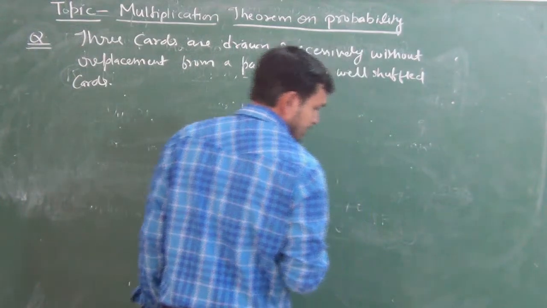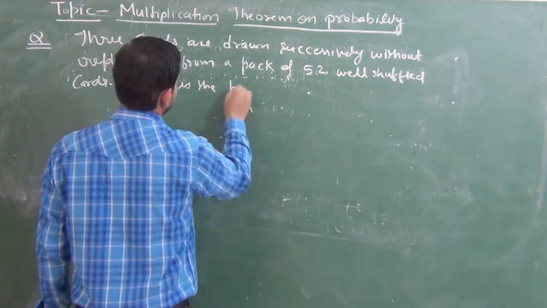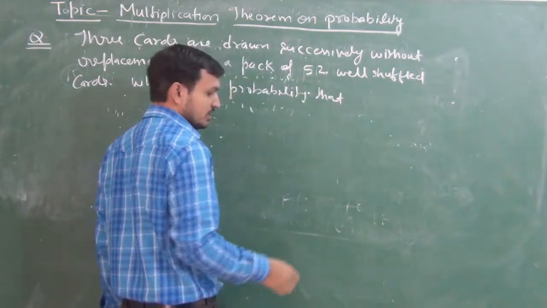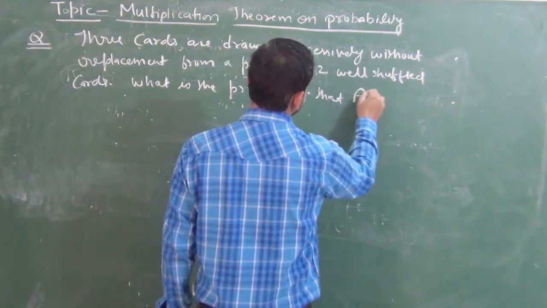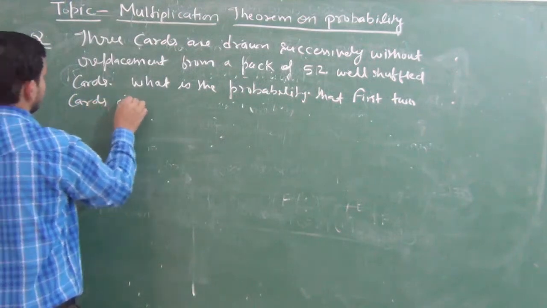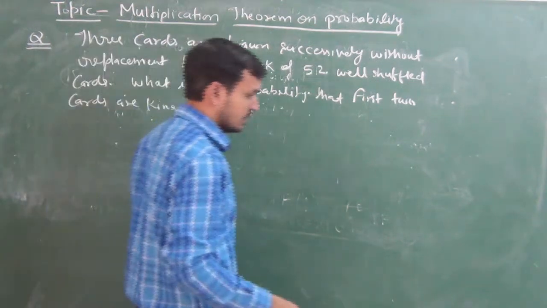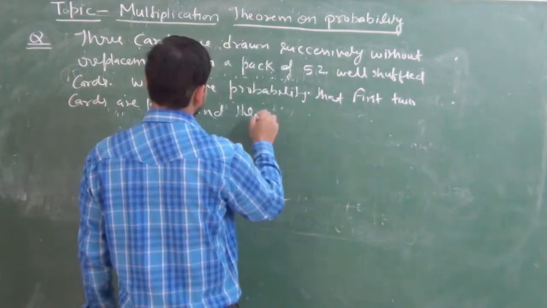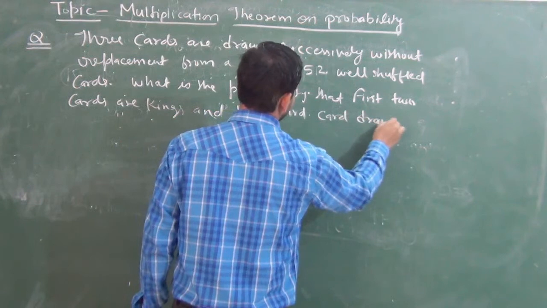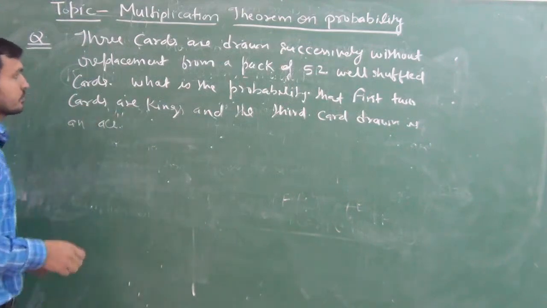What is the probability that the first 2 cards are kings, and the third card drawn is an ace? So see here,